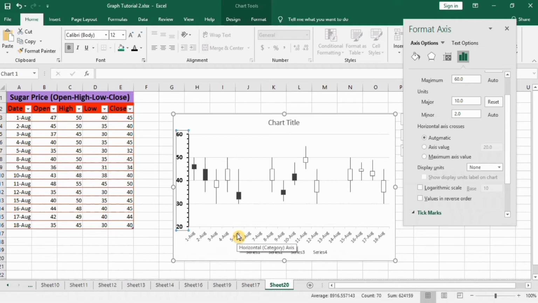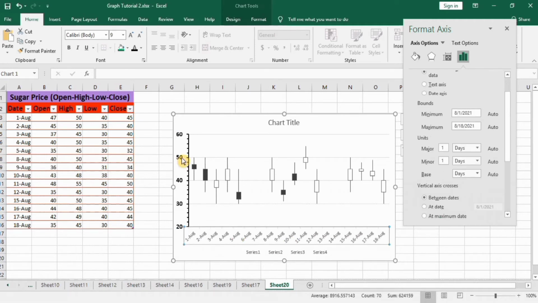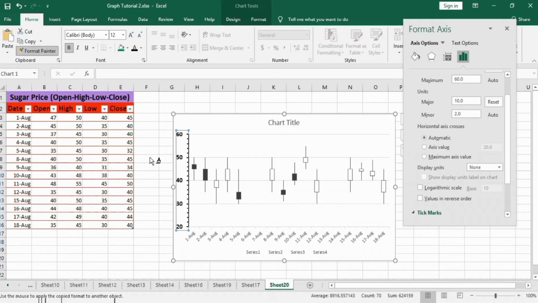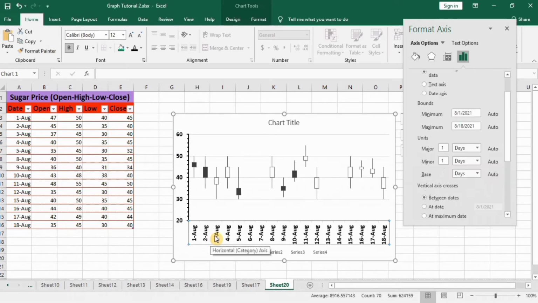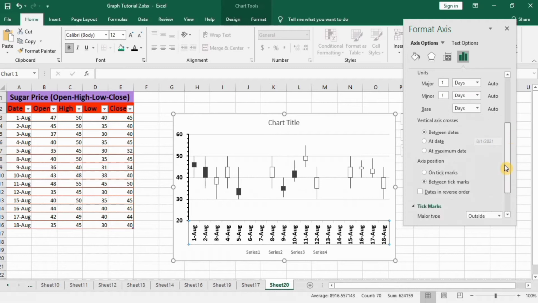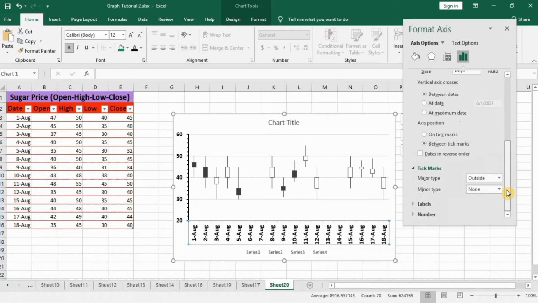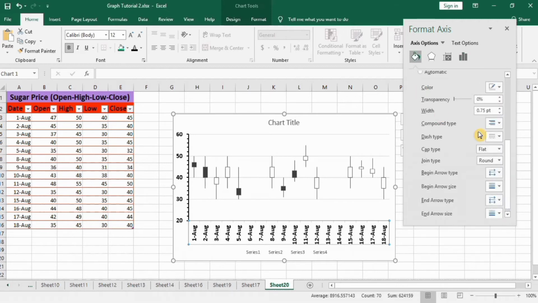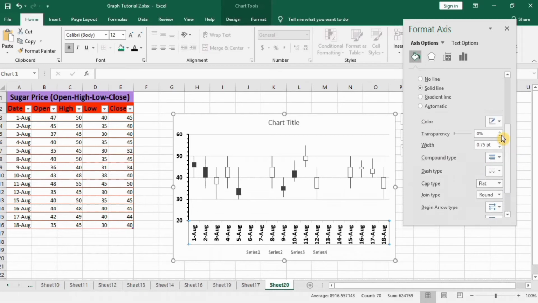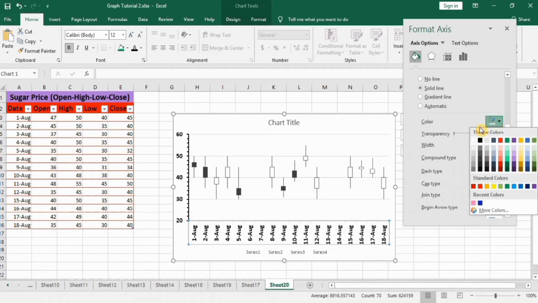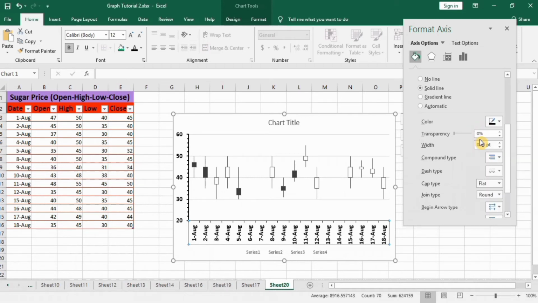Now I will select the other axis, select this one, format painter, and select the other axis. You can see here it is automatically formatted like that. And in this axis I want to insert tick marks, so I will scroll down and find tick marks here, outside. And in fill and line option I will insert a solid line. You can see here currently its color is a whitish shade, I think so. I will select black and 1.5 width.